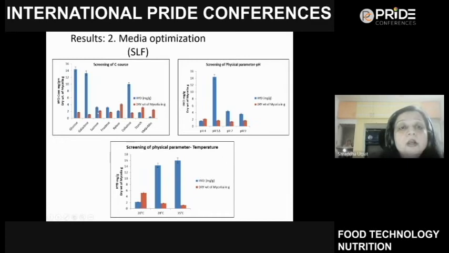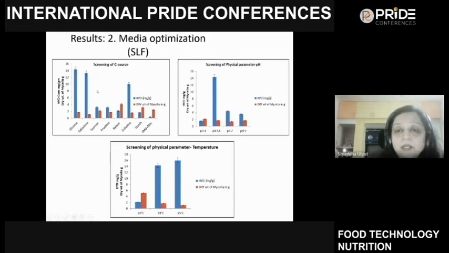So we further decided to go on optimizing the parameters for production of hydrophobins in liquid fermentation, and the way which we used was the traditional method of OFAT, one factor at a time. Here we have optimized the carbon source, by replacing glucose with galactose, sucrose, fructose, xylose, cellulose, starch. And we found that glucose is the most suitable carbon source for production of hydrophobin, which